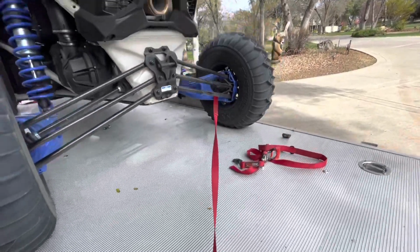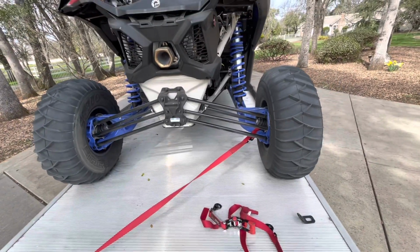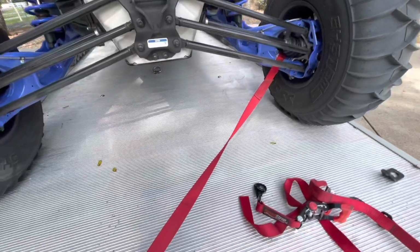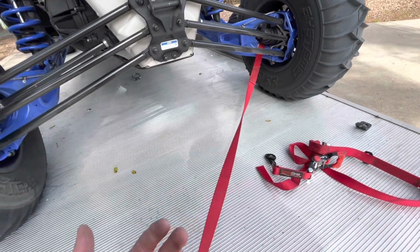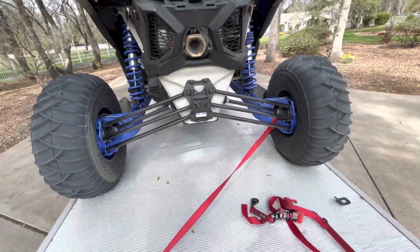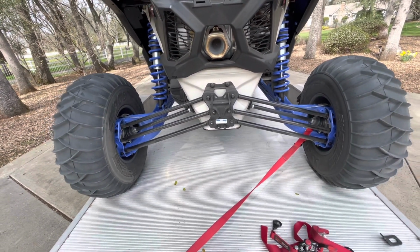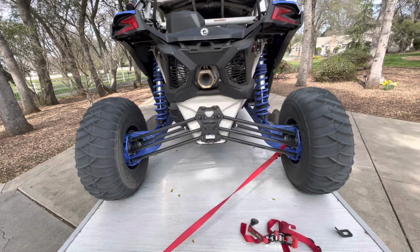But crisscrossing is fine as long as both sides stay tight. If one side loosens or comes loose for some reason, that's going to affect things, because if the other side falls off or comes loose, this side's going to be pulling the car to one side instead of straight back, and that's not good. So this isn't the ideal solution to crisscross, but if you are comfortable with your straps not coming loose, it works pretty well. And on a Can-Am, this is kind of my ideal setup,